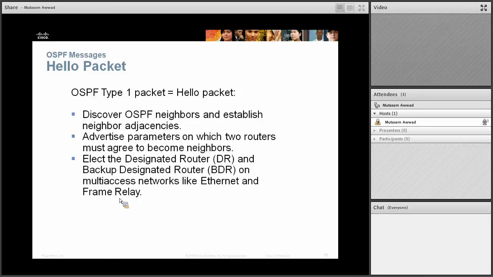And also you can use the hello packet to elect a designated and a backup designated router. I've been talking about designated and backup designated router; in a few seconds we're going to discuss it in detail. And you only elect a designated router and a backup designated router if you are on a multi-access network. If you are directly point to point, like 2 routers like we had in the previous example, there is no need to